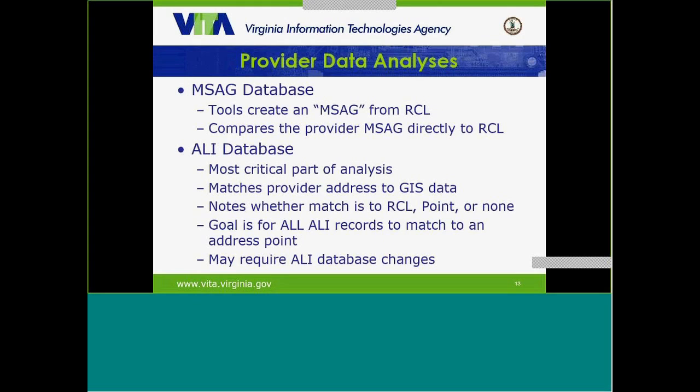So with these provider data analyses, we are taking the MSAG database from the provider, and we are comparing your road centerline to it. What we're doing is we're basically creating or using a dissolve geoprocessing command, taking your high left right, your low left right, and we're using that as statistical information to provide this dissolve. And then from there, taking that table, applying that information, comparing the geospatial data to the non-spatial data, non-spatially. So we're comparing the provider MSAG directly to your RCL,